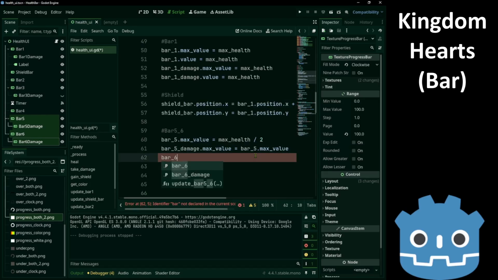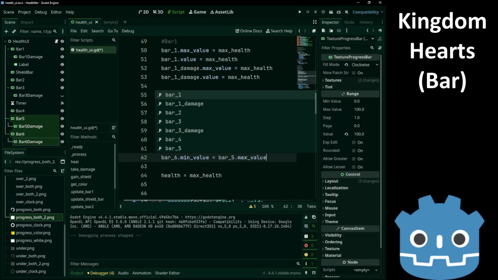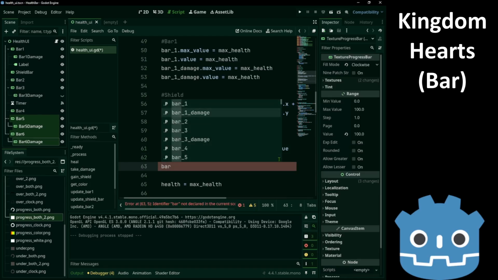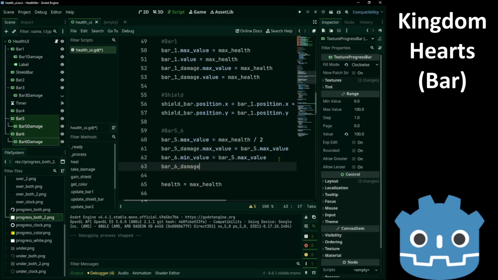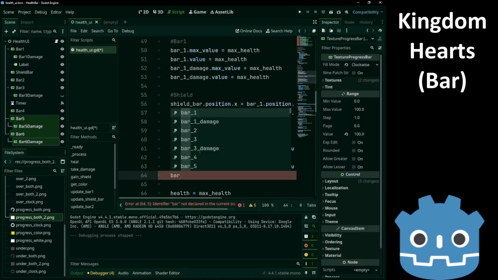Now for bar 6, we'll take the minimum value and set it to max health divided by 2, which is the max value of bar 5. And for bar 6 damage, the same thing. And also set the max values to max health.